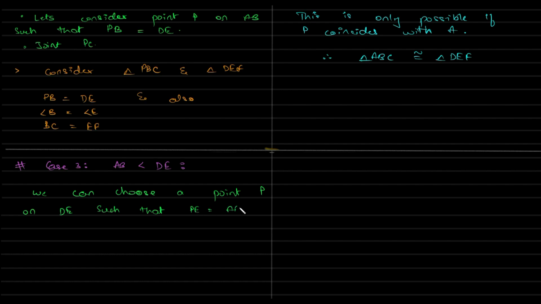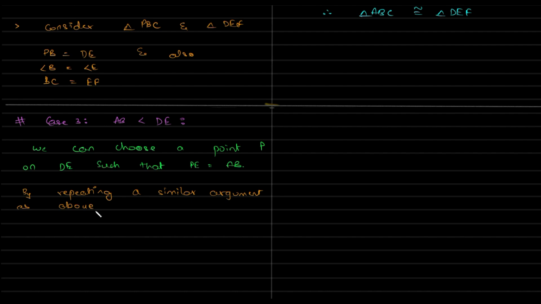PE is equal to AB. Okay, then we'll tell by repeating a similar argument as above, or as in case 2,